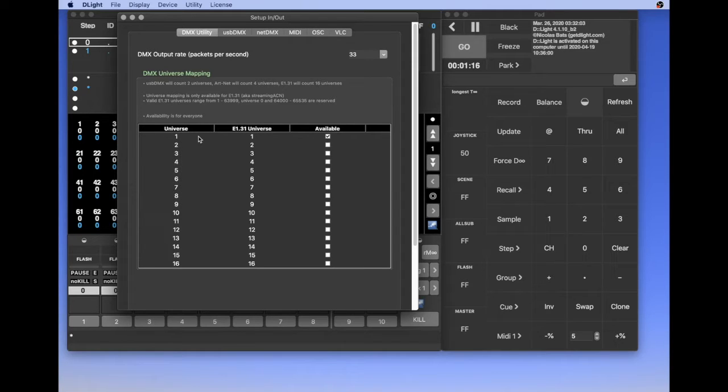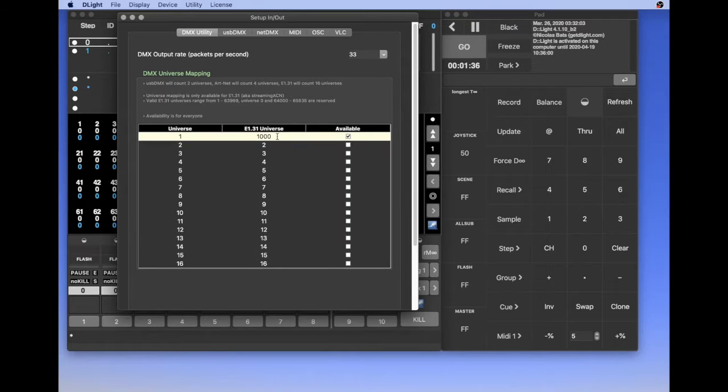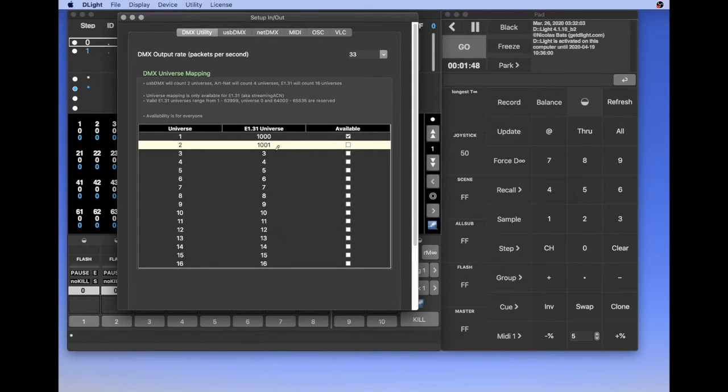If the guy that welcome you in the theater tell you that your universe are from 1000, 1001, 1002, 1003, here you can patch the first universe of Daylight to the 1000 streaming ACN universe. And you do the same for this one. You say 1001 and etc.